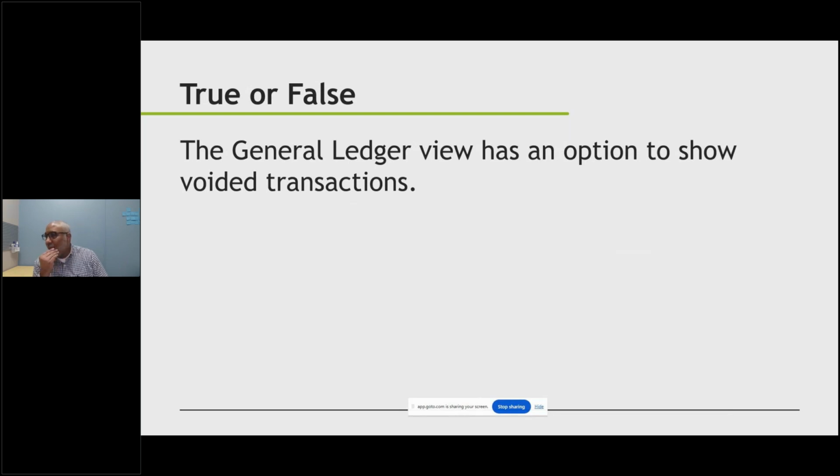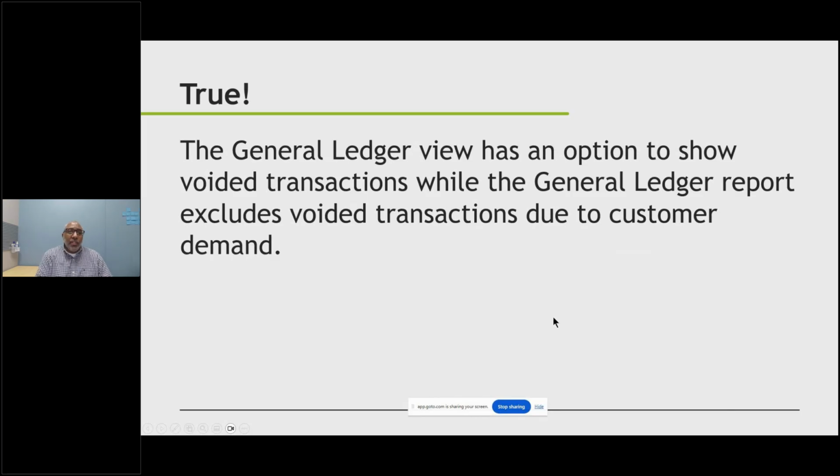Okay, looks good. All right, end poll and share the results. 100% of the people said true. So true, the general ledger view has an option to show voided transactions, while the general ledger report excludes voided transactions due to customer demand.